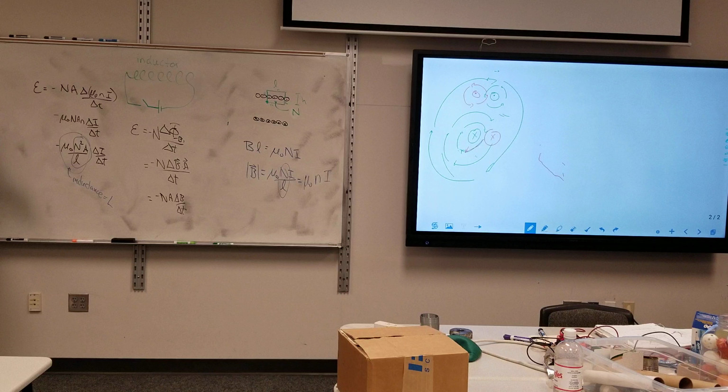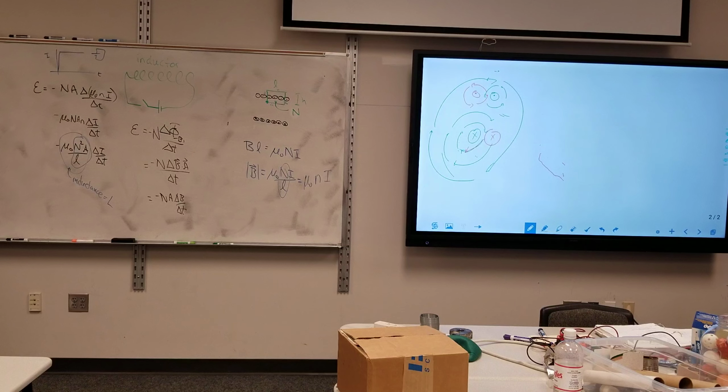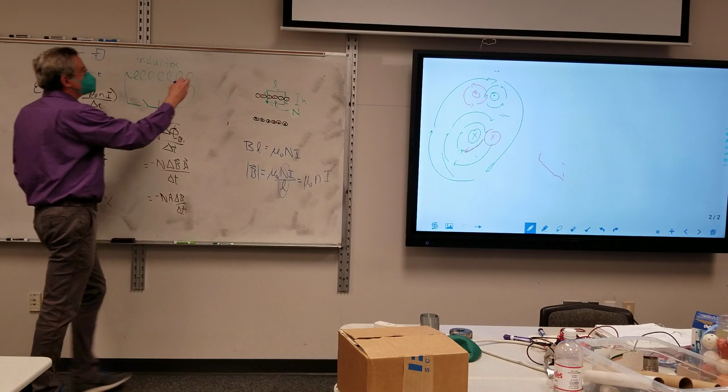This is what's going to produce the back current. So we end up with a reduced current. In essence, what the inductor does is it slows down the rate at which current increases. Without it, if I just took a battery and hooked a wire from one end to the other, current's going to be flowing through pretty quickly. So that graph, if I did a current coming out of the power supply, for just a simple power supply, it would very quickly get up to some value. But I throw an inductor in there,